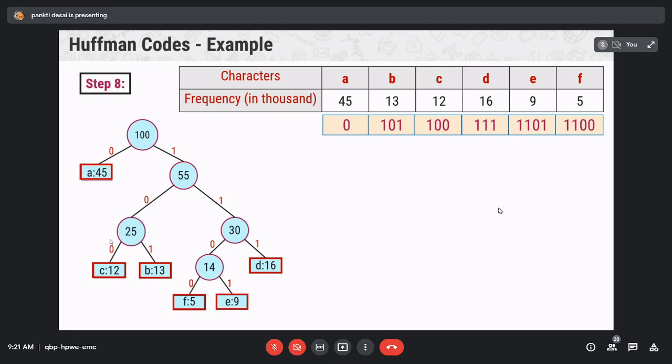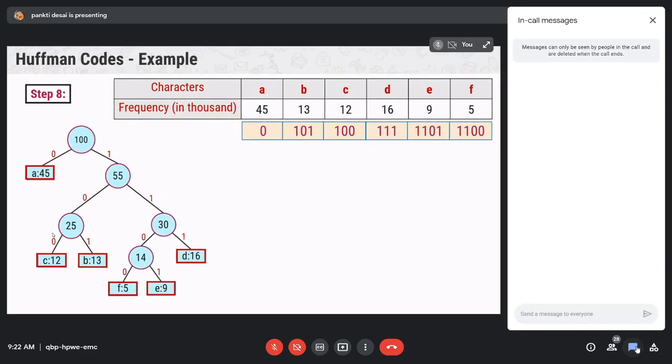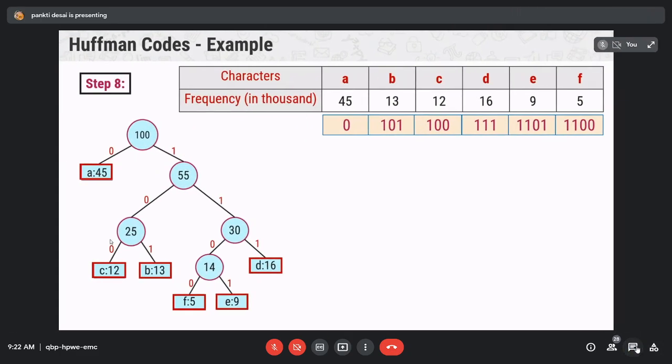If we want to encode the string A, E, E, D, what will be the code for this string?